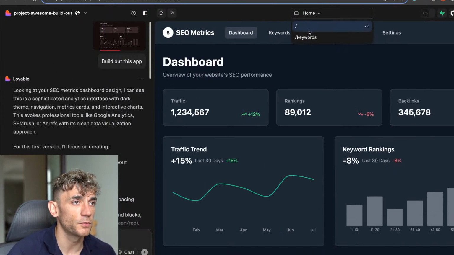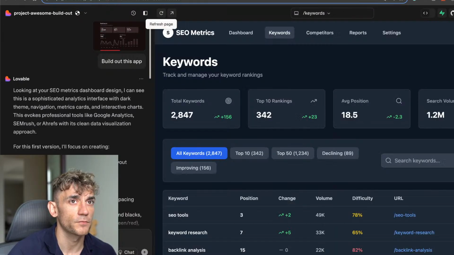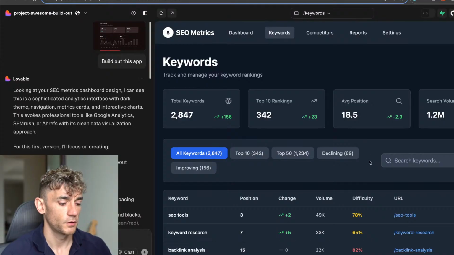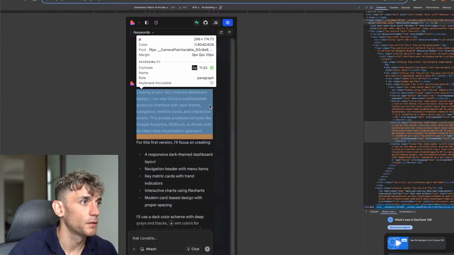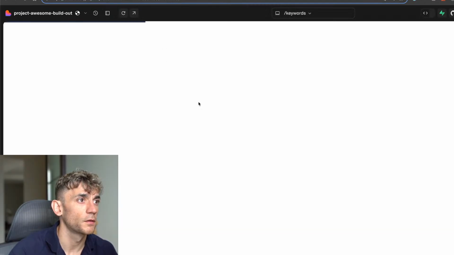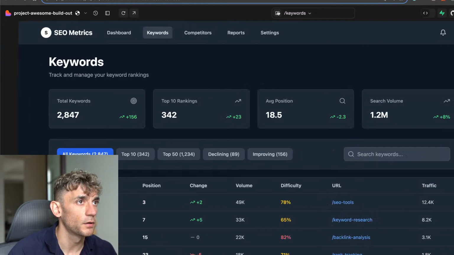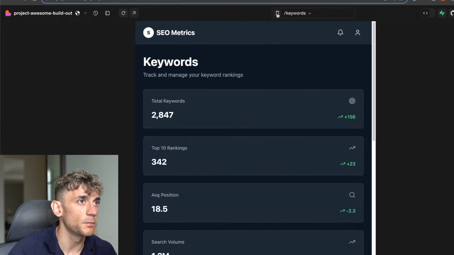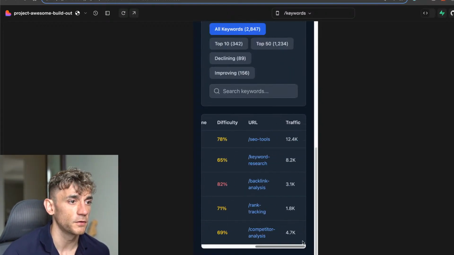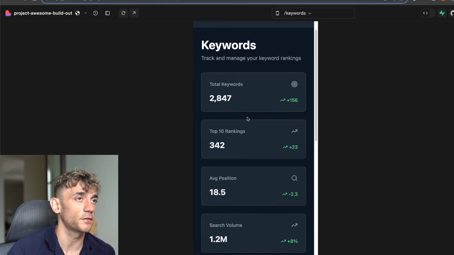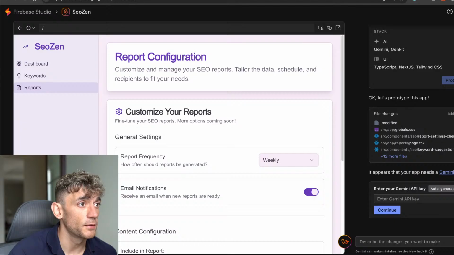Now, you can also flick between the pages at the top here. And then you can flick between the web version and the mobile version. So this is a mobile preview and what it looks like. So you can see this is also responsive too. You can flick between all the keywords, etc. I mean, I actually wish there was something like that for mobile, to be honest. But yeah, works pretty nice.